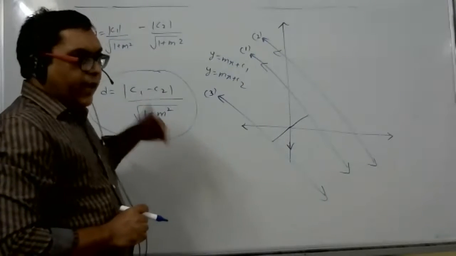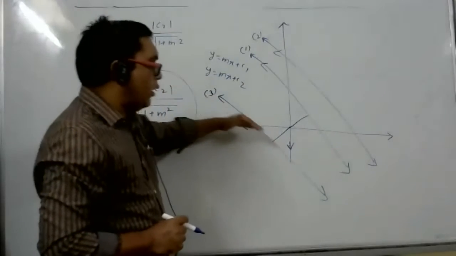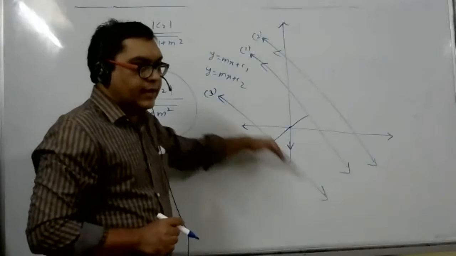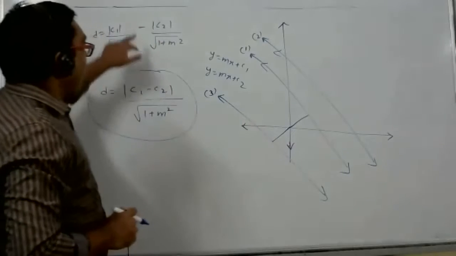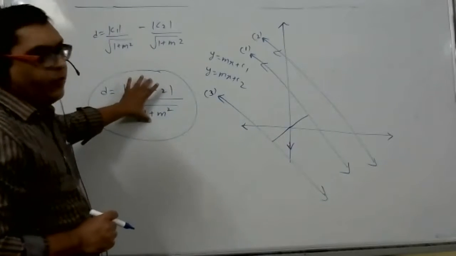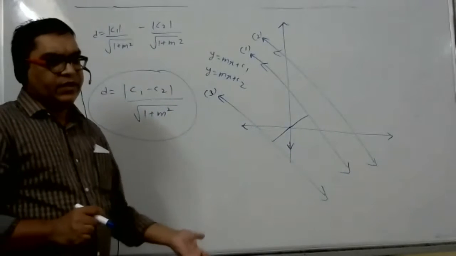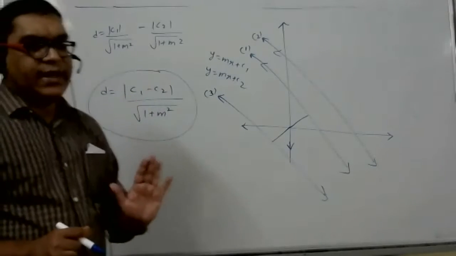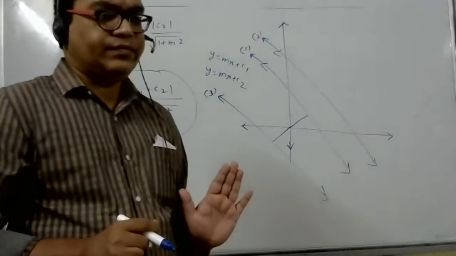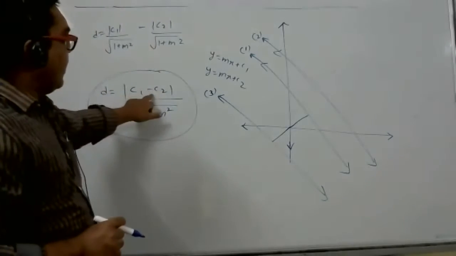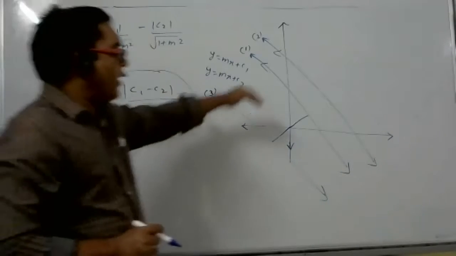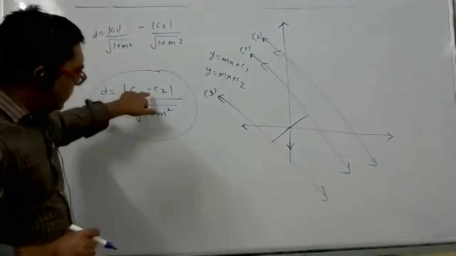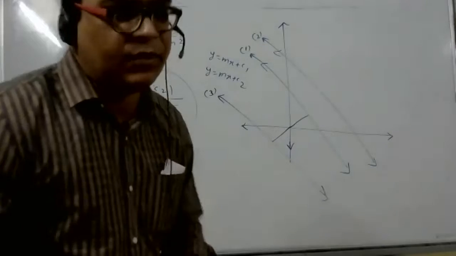I told you correctly, if the line is on the negative x-axis or negative y-axis, then you have to add. But if you remember this formula, it will work in all the cases. You can check. No need of addition. This formula will work for all the cases. Understood or not? Shall I give an example and proof, or did you understand? Sir, understood. This formula will work for any type of case, whether c is positive, c is negative, both c are positive, or both c are negative. The same formula will work. You don't have to change the formula itself.